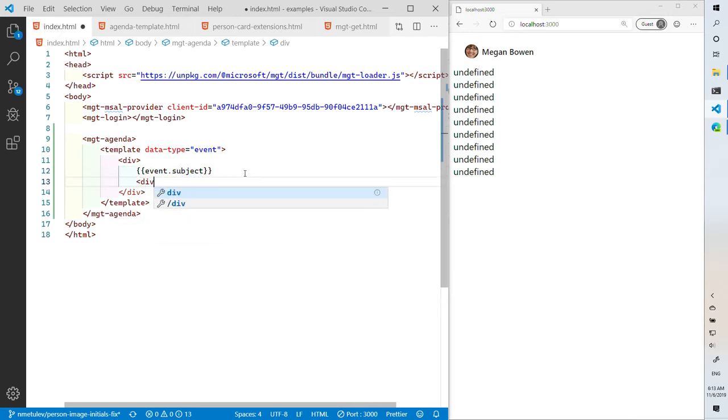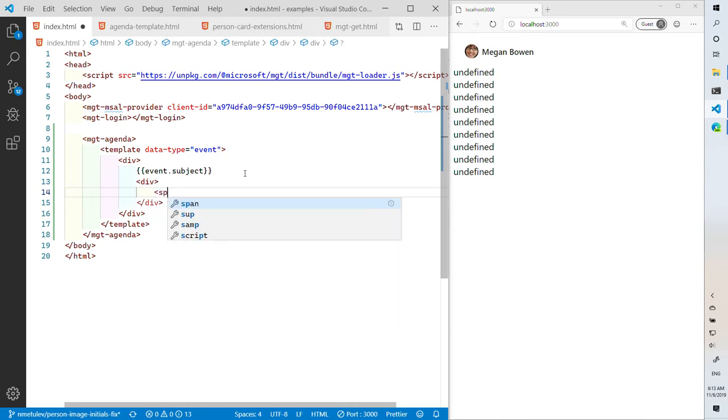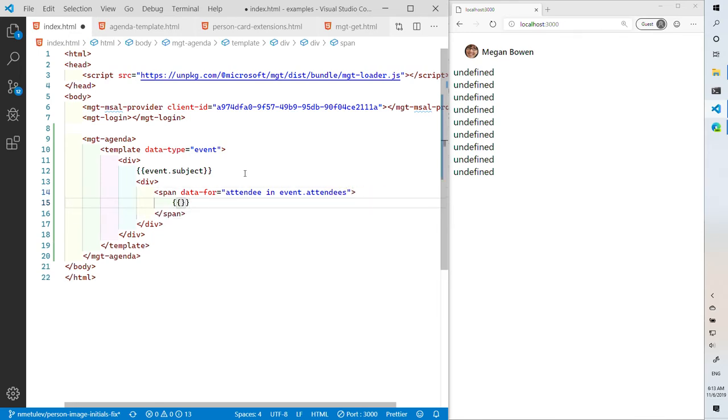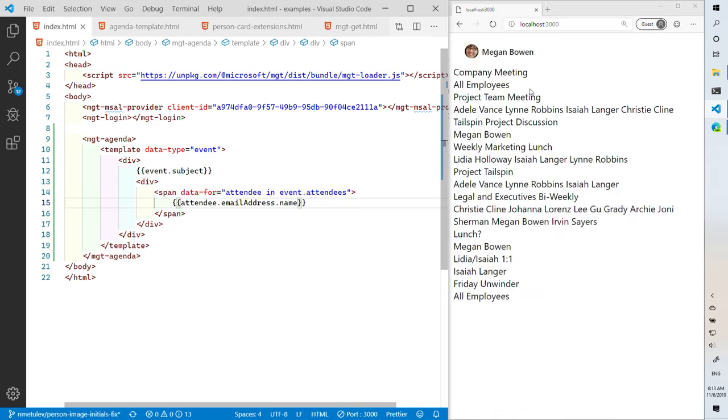So for example, I want to add all the attendees, and for that, we can actually iterate over each of the attendees. So for example, I can use a data for, and I can say, okay, for attendee in event.attendees, I want to display their name. If I remember correctly, I can also use this here, or I can just say event... sorry, attendee.emailAddress.name, and then this should display all the names for the people,